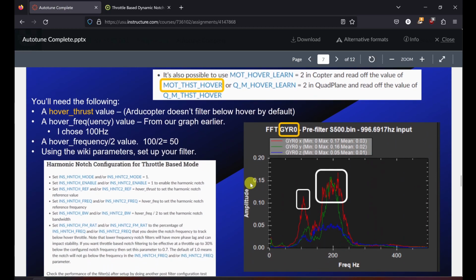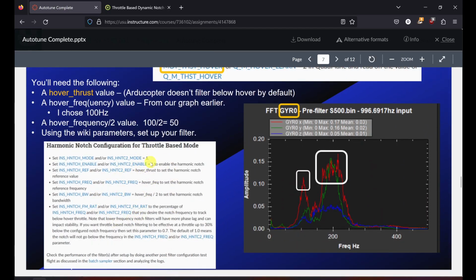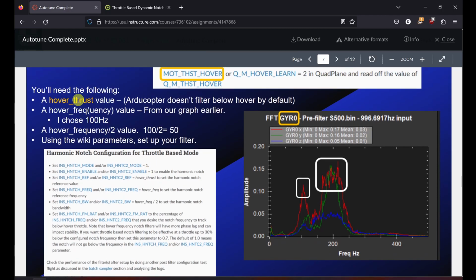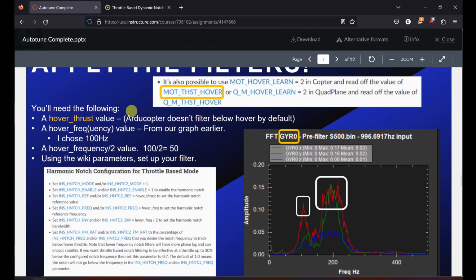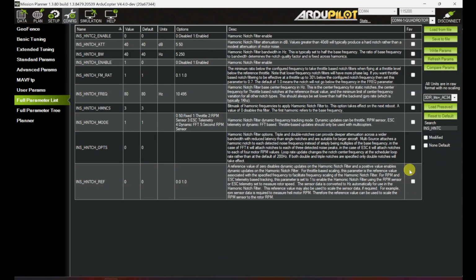All right, so here we go. Okay, this is a screenshot from the page we're looking at. You need the following: a hover thrust value. Okay, hover thrust value is MOT_THST_HOVER. So if you look in your parameters in Mission Planner, we used MOT_THST_HOVER when we did altitude